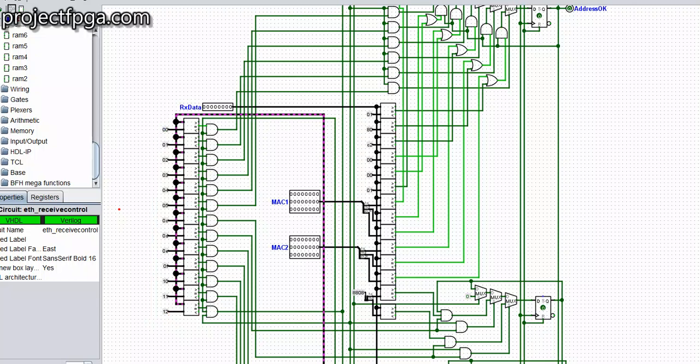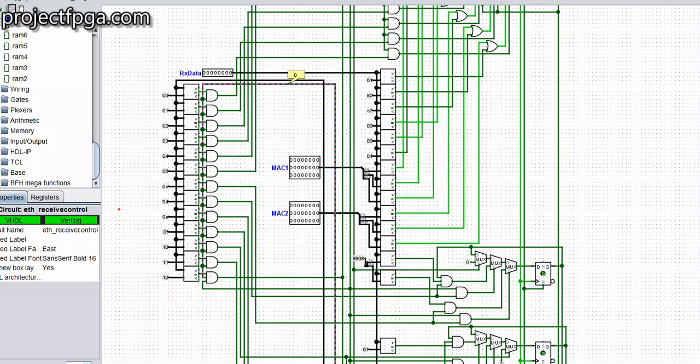So what it is trying to tell is here is byte count 0, byte count 1, byte count 2, byte count 3, byte count 4, 5 and 6. So after comparing and checking if they are equal,